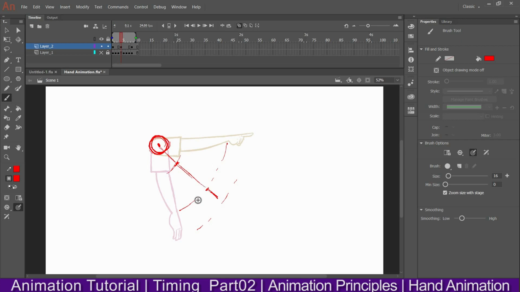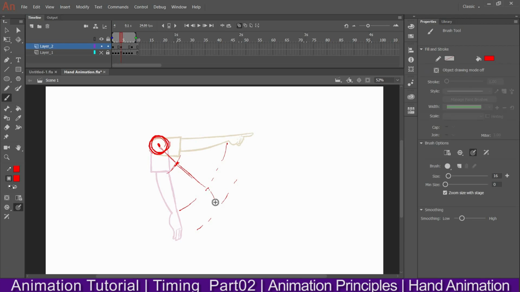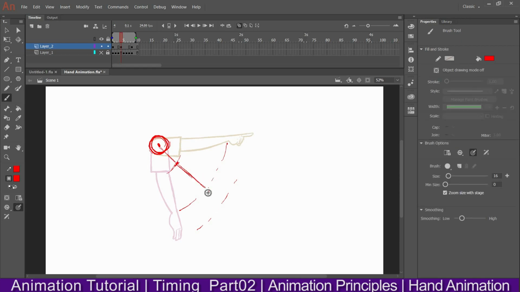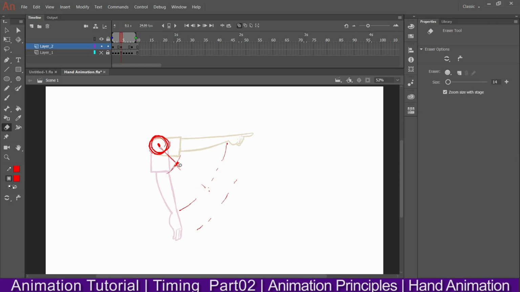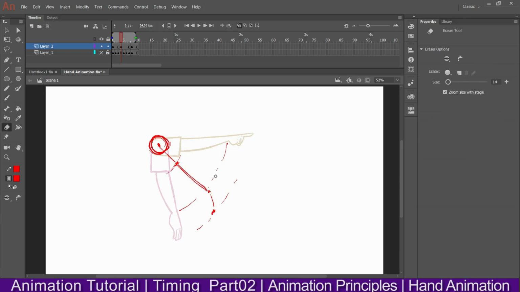Then the secondary action is there, like follow through. You need to check that also, like this. Roughly you need to do first. You need not do the volume and all. Here we are concentrating on animation timing. After getting the confidence, you can draw your drawing on that skeleton or on the rough.